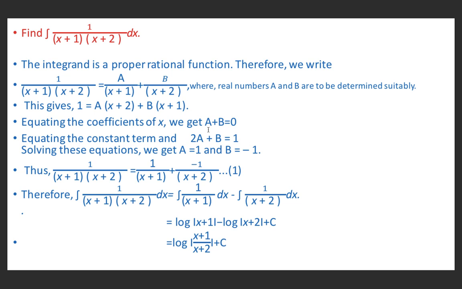If you solve these equations, first we get a = -b. If you substitute here, you can get the value of b. So if you solve, we get a = 1 and b = -1. If we substitute the values of a and b in this equation, we get 1/((x + 1)(x + 2)) equal to, in place of a, we write 1, and in place of b, we write -1. So we have reduced the given proper rational function into two partial fractions. Now we know how to integrate these.